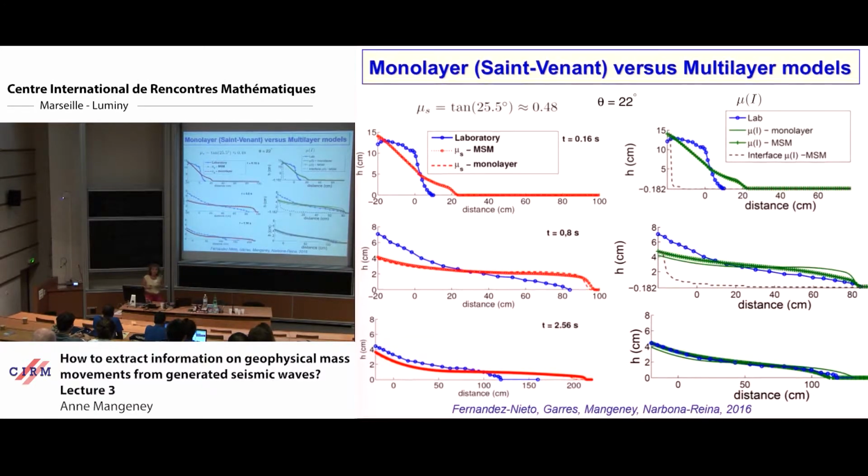So if you try to see what is the influence of taking into account this multi-layer approach compared to monolayer approach, if you take a constant friction angle in the flow law here, you have almost no difference actually when you simulate granular collapse. The laboratory experiments are in blue as a function of time until the deposit. And the simulation with monolayer, which is shallow water equation, is in dashed line, and multi-layer is this one.